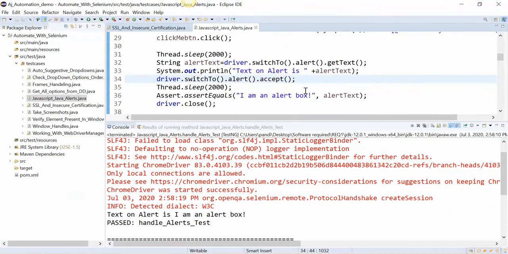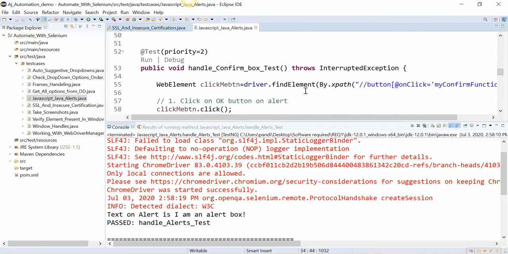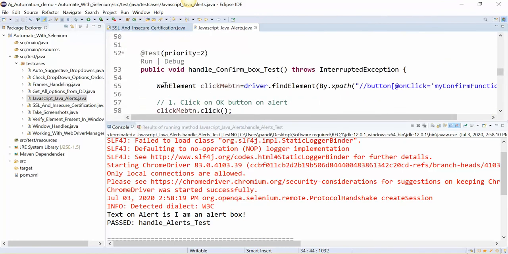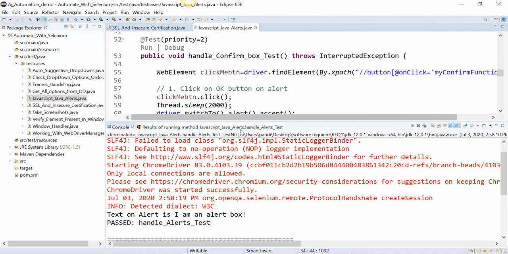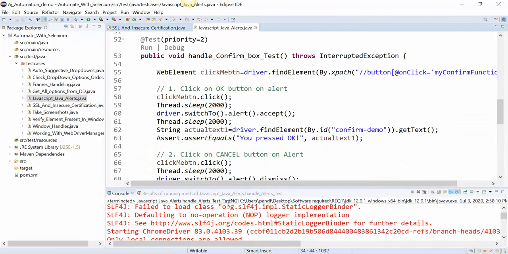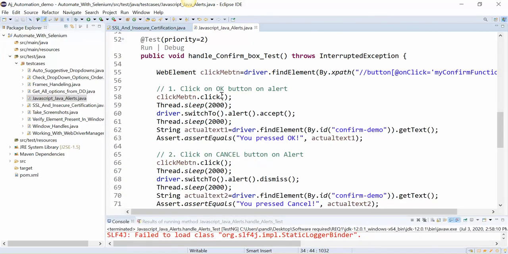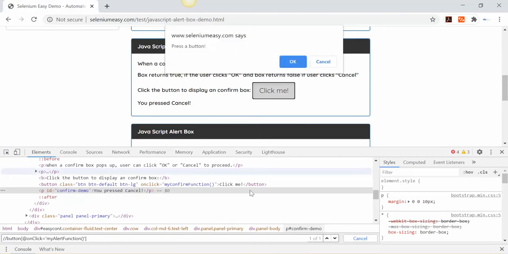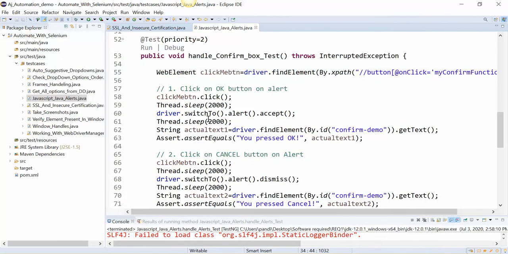So let's see test case number 2. First thing is to click on this and click on the OK button. For that we have created this web element, the Click Me button web element, using the XPath.